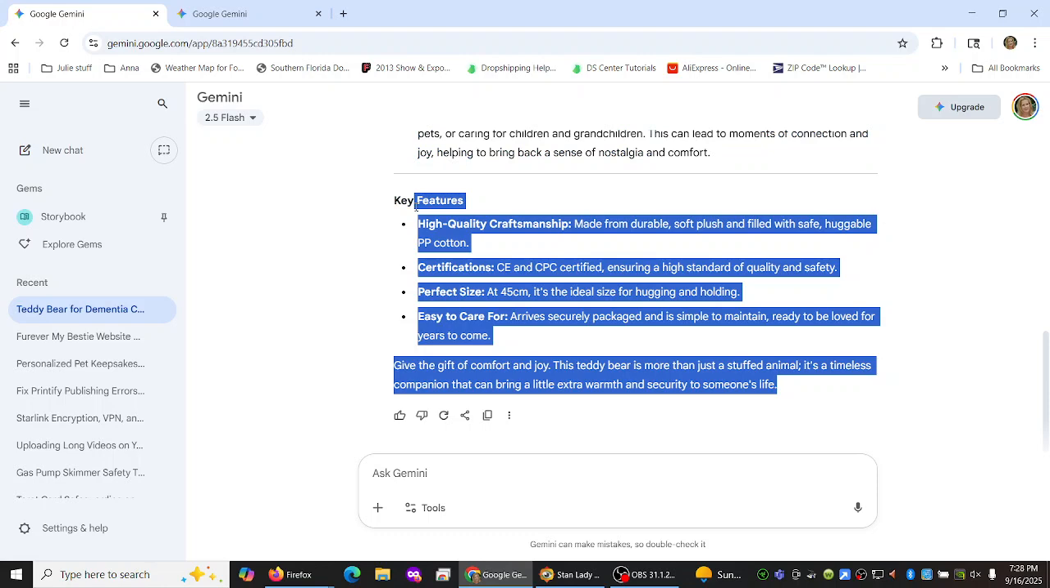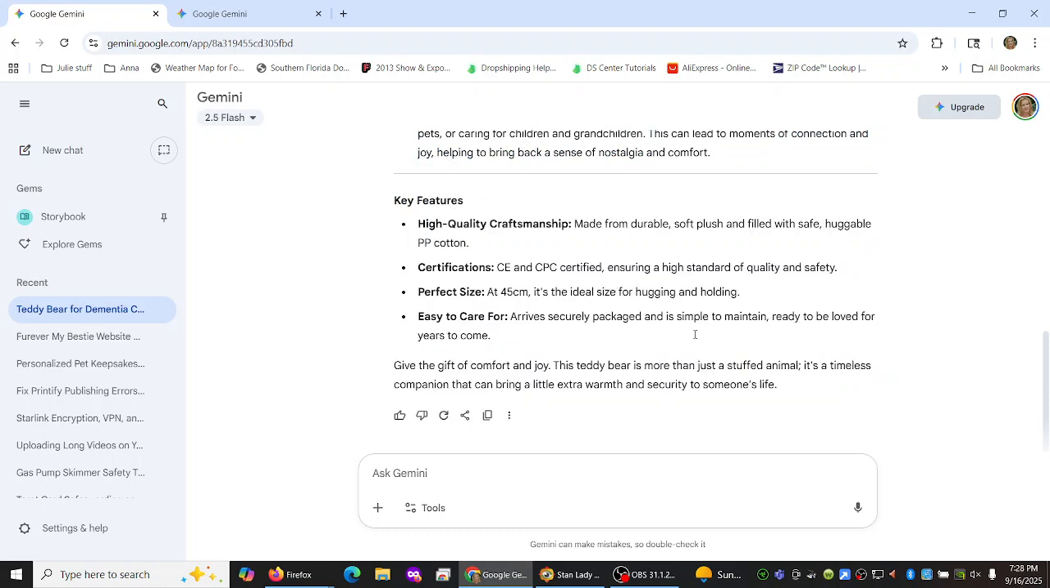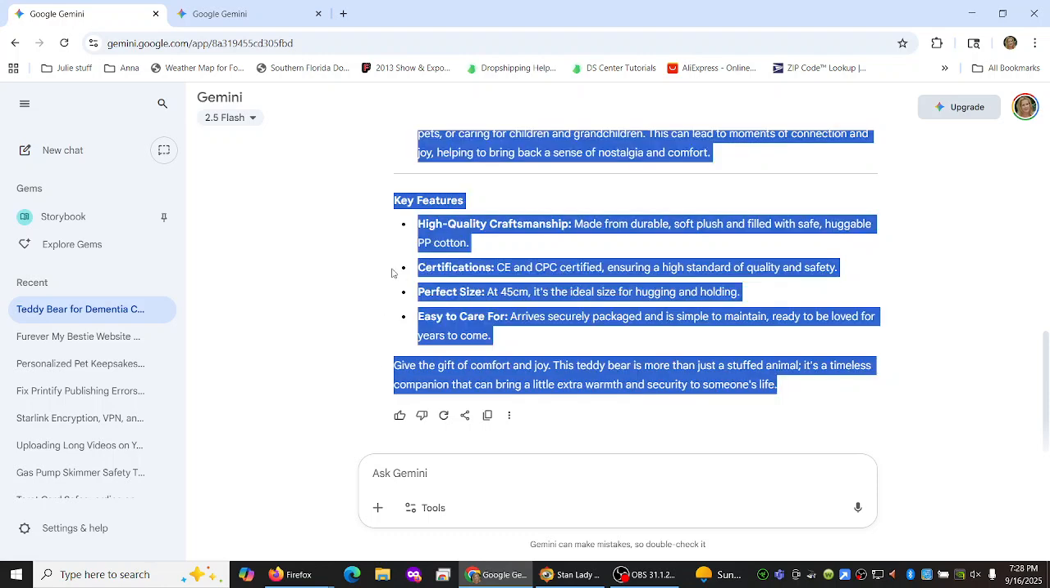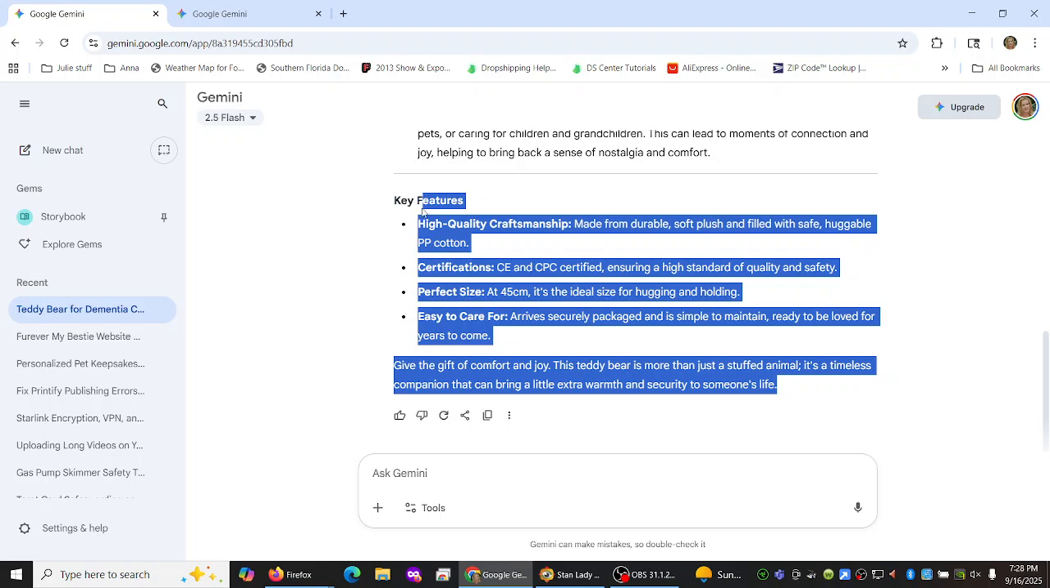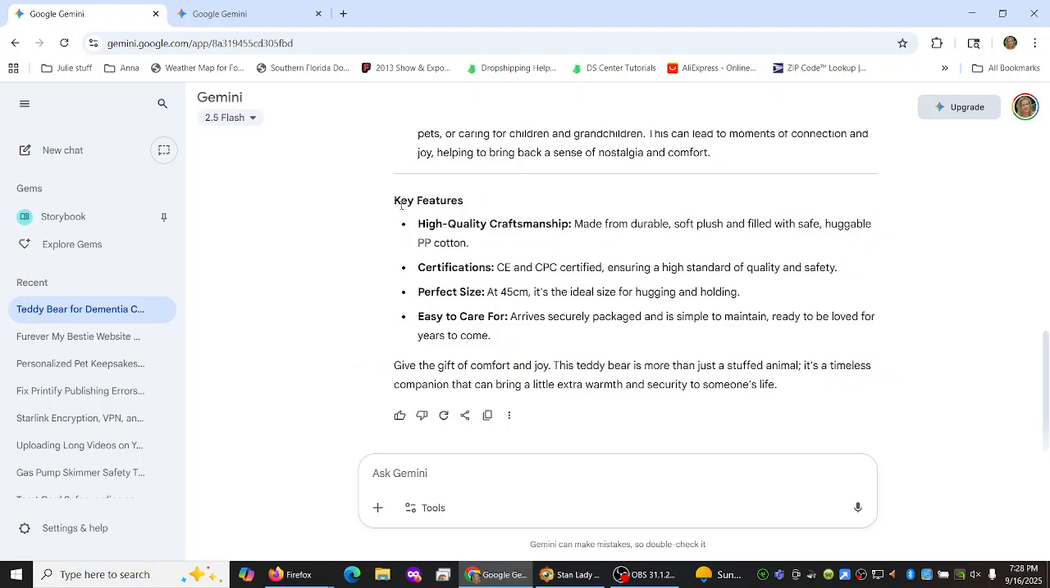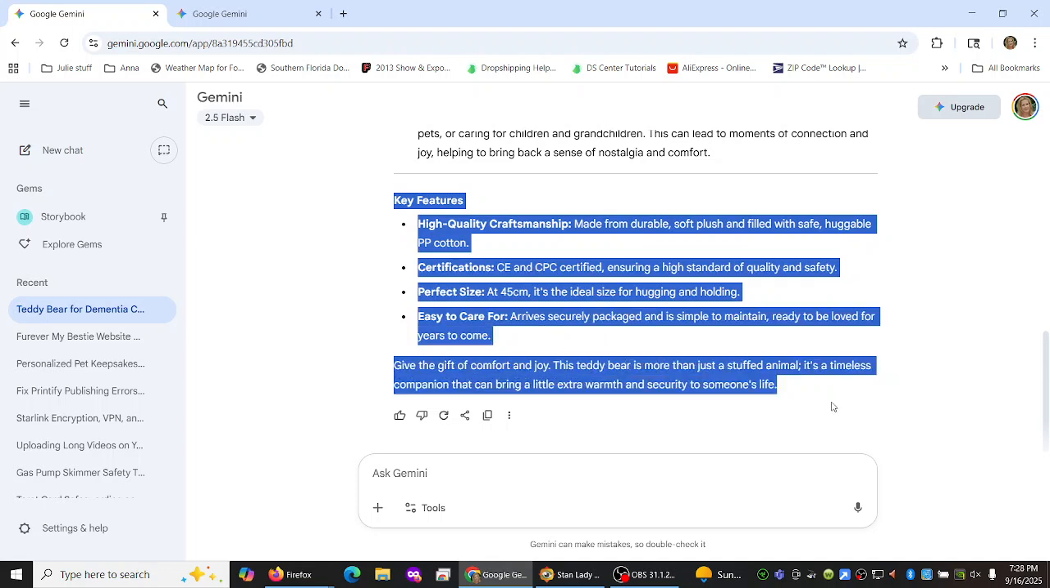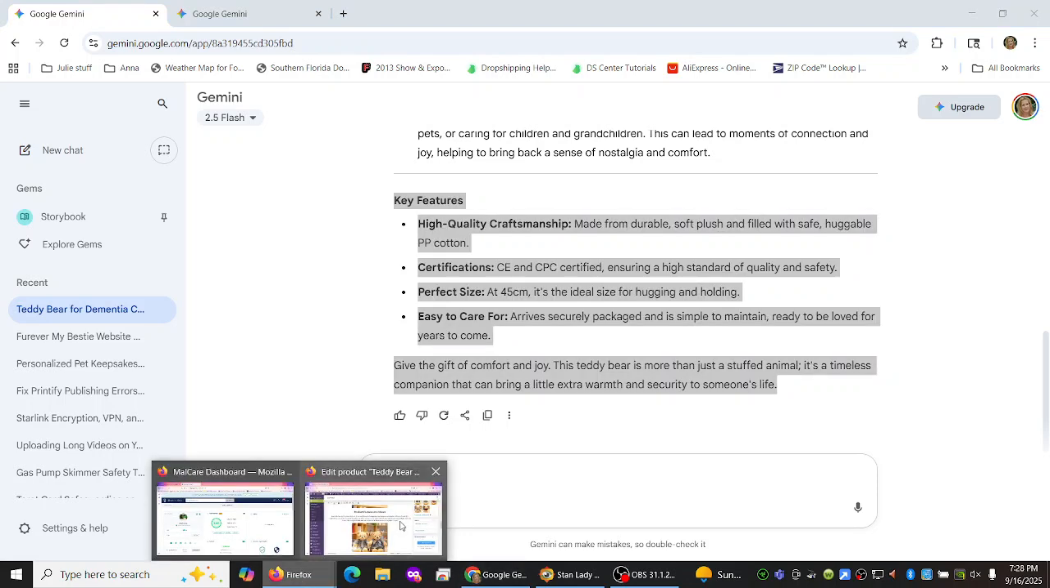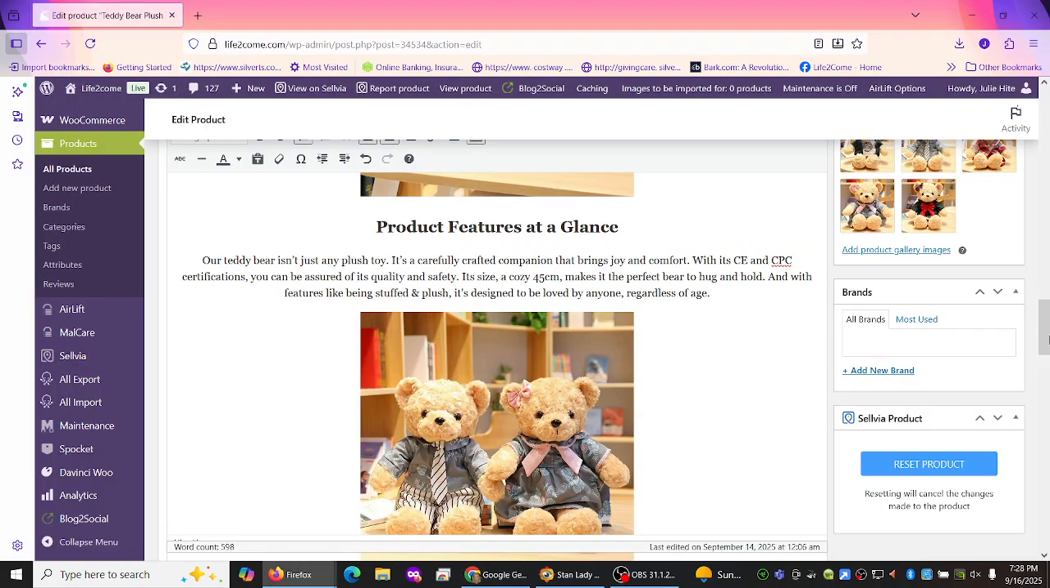Let's see if we can, whoops. Sometimes it's hard to just copy a section without copying the whole thing, as you can see. Let's try it this way. Bring that over here. And then we have